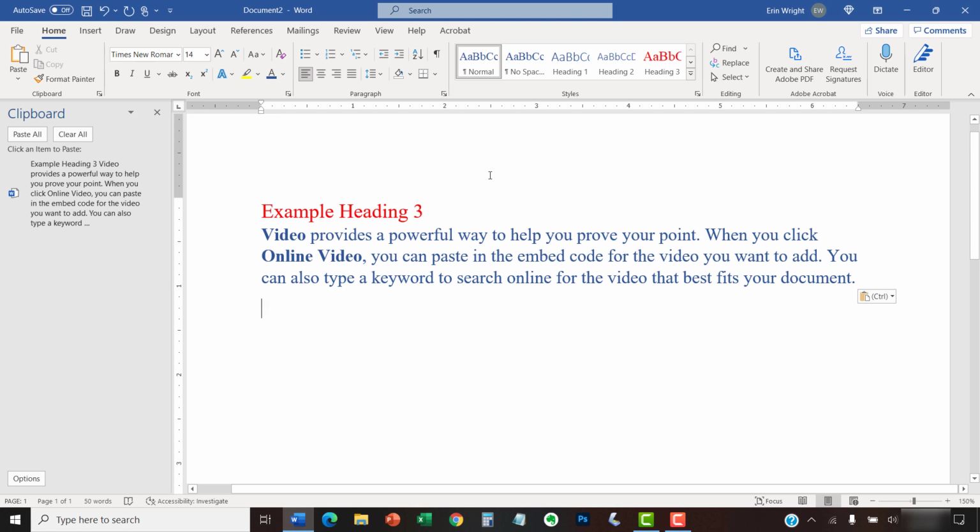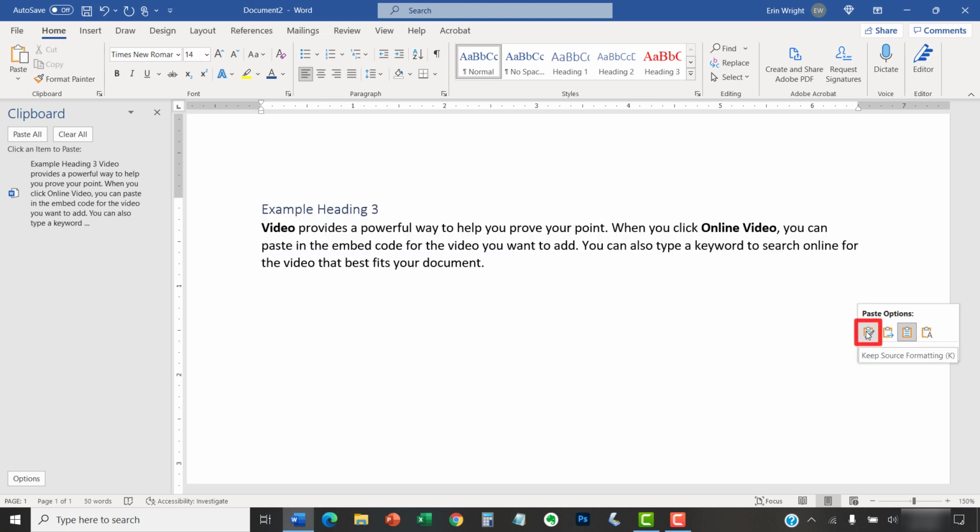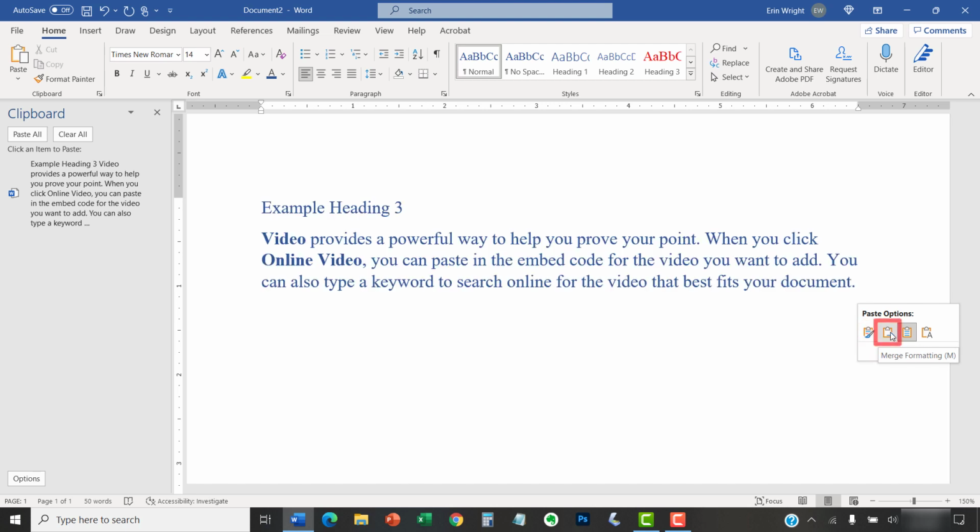After you've pasted your content, you can select the Paste Options button and then choose an option from the shortcut menu if you want to. These options primarily apply to text rather than images or other visuals. Keep Source Formatting maintains the formatting such as font, size, and color of the pasted text. Merge Formatting changes the formatting of the pasted text to match the formatting of the new location without removing existing emphasis formatting, which are boldness, italics, and underlining from the pasted text.